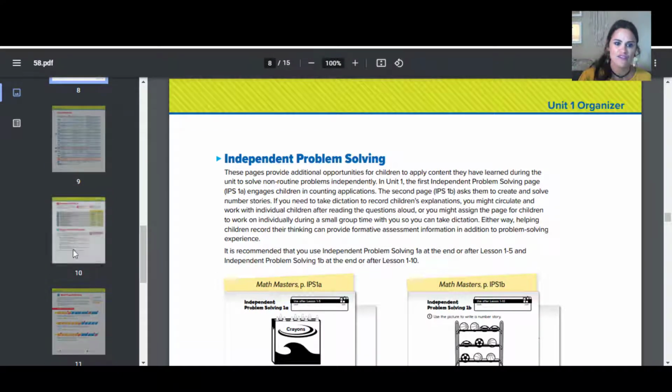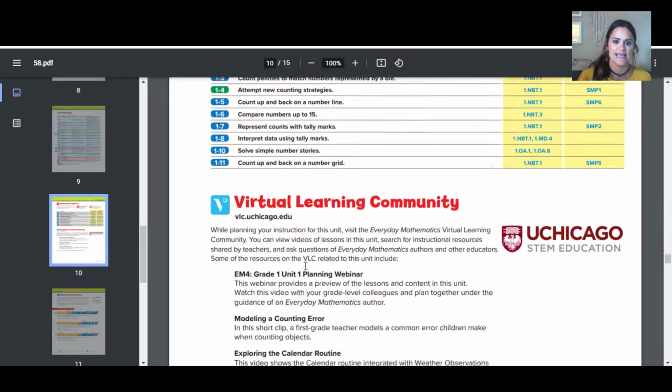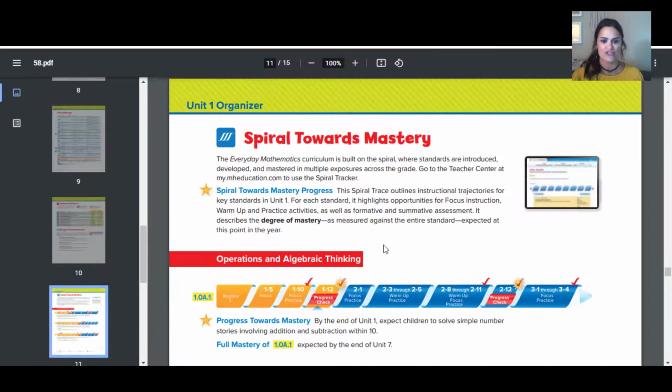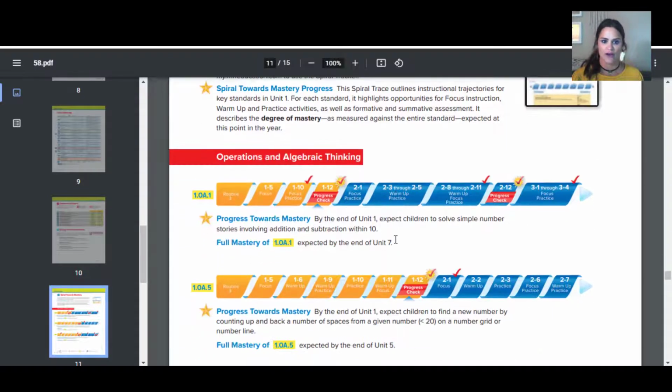A couple of other features here you'll notice in the virtual learning community. If you haven't yet signed up, please do. You have access to video clips that really can enhance you teaching the specific unit, as well as the streamlined look at the spiral tracker. Here you're going to see that star portion of the standard we want to master, but check it out. It even gives you when you're done teaching that full standard. So print these pages off,